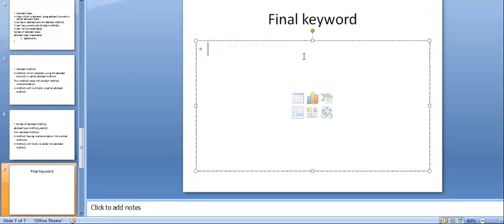What is the final keyword, and where can it be used?